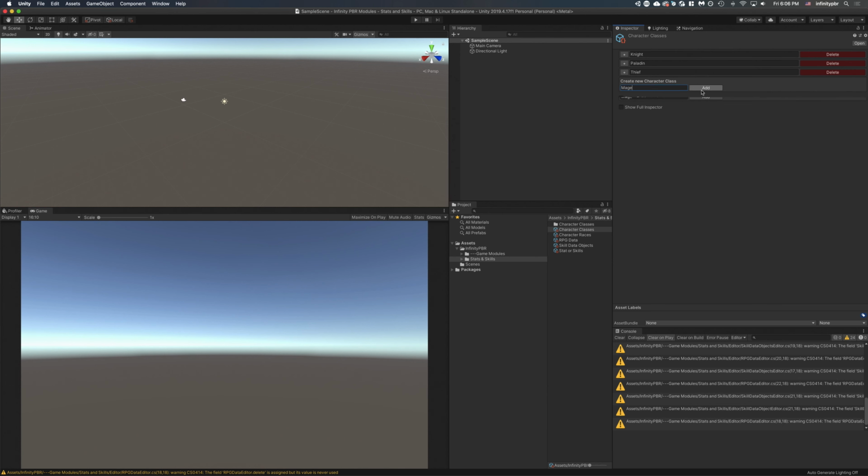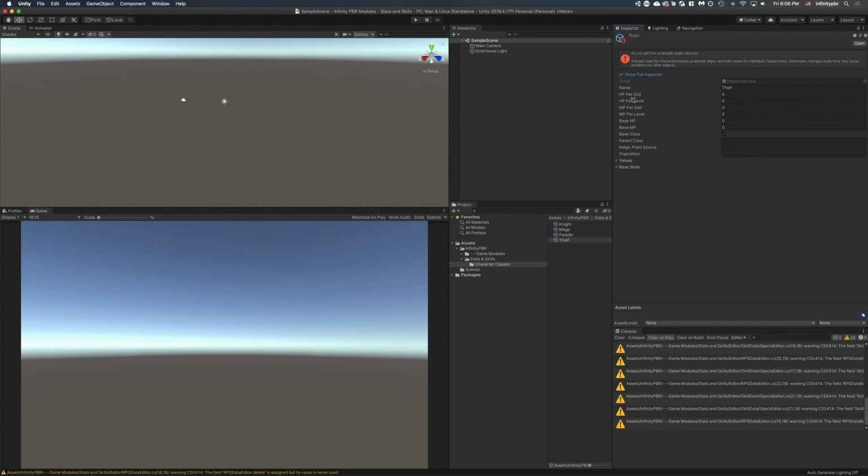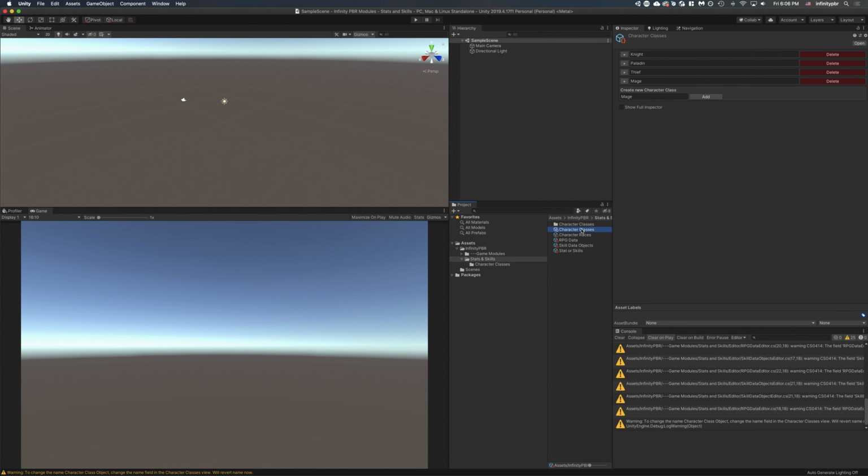Now each time I create one of these, you'll see this new folder here. Let's dig into that. You're going to see a scriptable object made for each one. Now there's a warning here, don't edit this directly. You can, but please don't. It's best not to unless you absolutely need to. And also, if you change the name to something else and you go back into the character classes here,